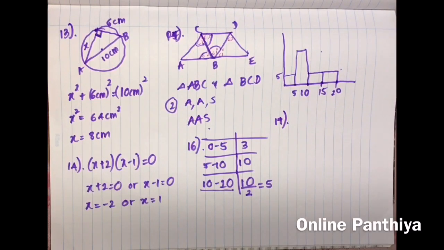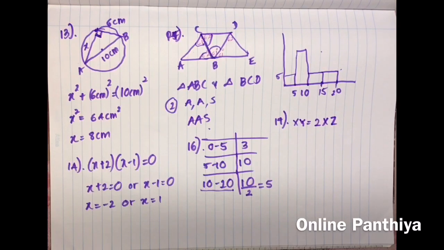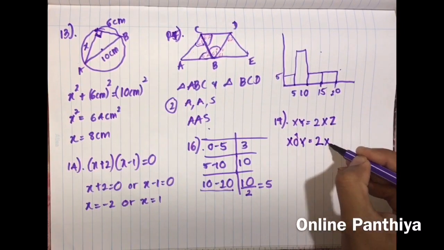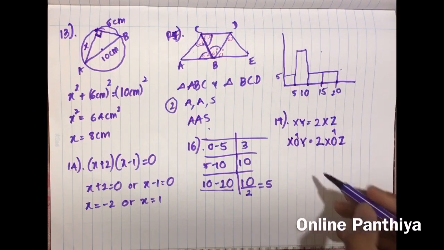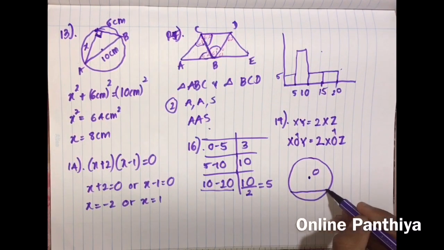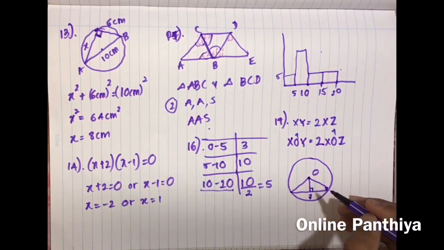And the 17th, you have to say whether the two statements given are correct or wrong. First one, they are saying XY length is equal to twice XZ. And next is angle XOY is equal to twice XOZ. How do you prove? This is the 17th. How are you going to prove now? XY, where is XY? Let me draw the diagram as well. This is the center, it seems. And this is the line, let us say, and this is Z, this is perpendicular, and this is X